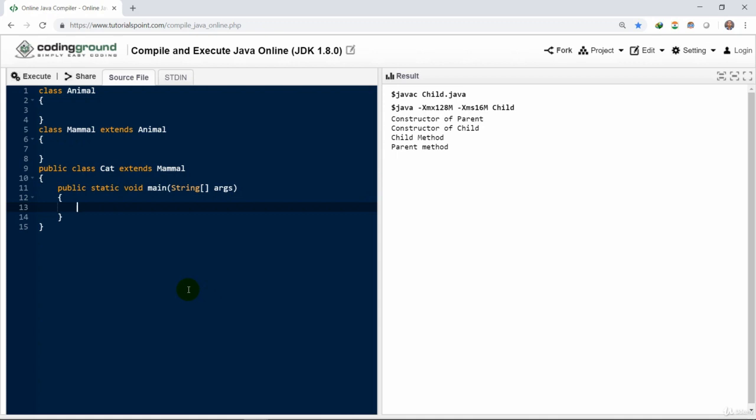We could check. The instanceof check is useful when we have a large number of classes and a large number of objects being created, and we have some confusion and want to verify it, or for any other reason. Here we create a different object for different classes: A for Animal, M for the Mammal class,